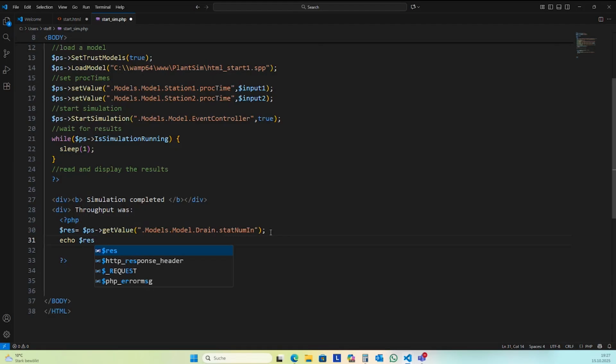And this I write into the output stream between the div and somewhere I need the end of div here.